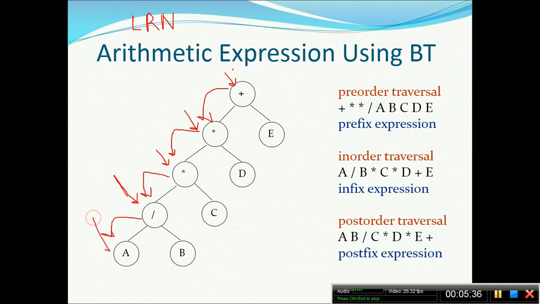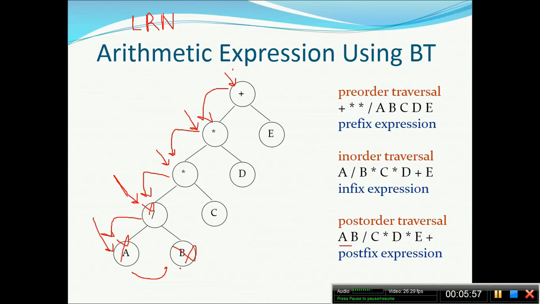You see here, A does not have a left subtree or right subtree, so I can treat it as a node and I will solve A. A done. Once A has been done, I have to solve the right subtree. Before solving this node divide, I have to solve the right subtree. So B solved. You can see it in the answer. Then the divide will be solved.